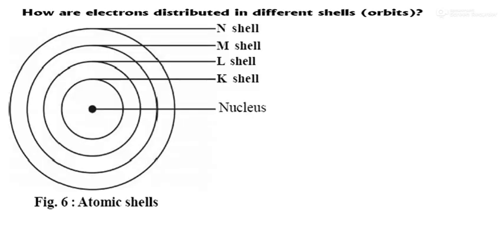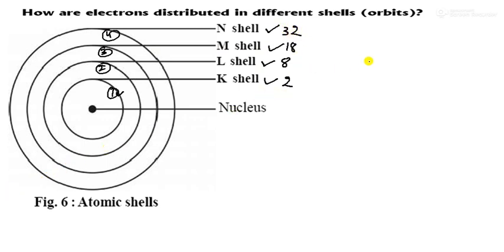Now come to the orbits. They concluded the orbits. The first orbit is where electrons move, and it is denoted by K shell. The second orbit is denoted by L shell, the third orbit is denoted by M, and the fourth is denoted by N shell. The maximum number of electrons in the first shell is 2, in the second it is 8, in the third it is 18, and in the fourth it is 32.